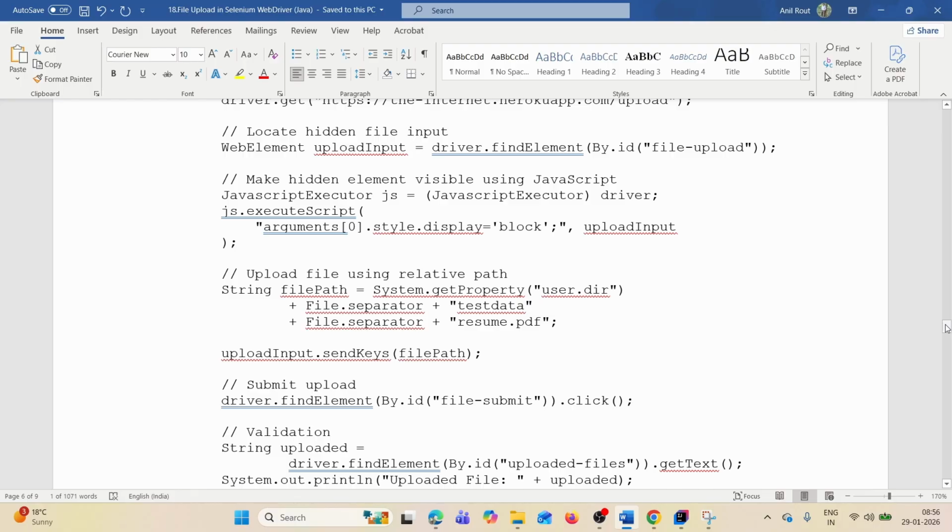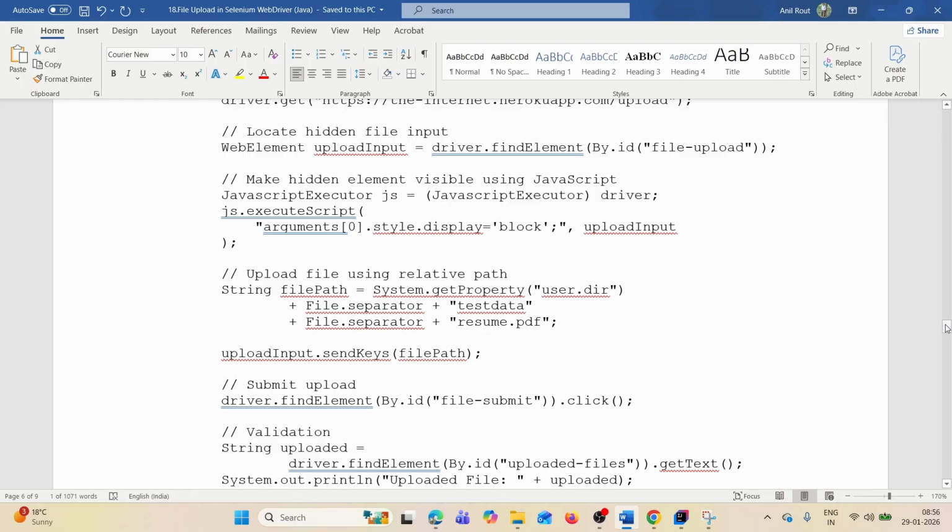Then it will use a JavaScript executor to make the hidden element visible: JavascriptExecutor js = (JavascriptExecutor) driver, then js.executeScript("arguments[0].style.display='block';", uploadInput);